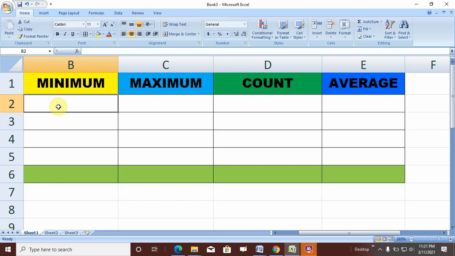Friends, in the last class we discussed addition, subtraction, multiplication and division in Excel. Today we are going to throw light on the minimum, maximum, count and average functions using Excel. Suppose you have a set of data, say 1, 8, 9, 23. Now out of this data,